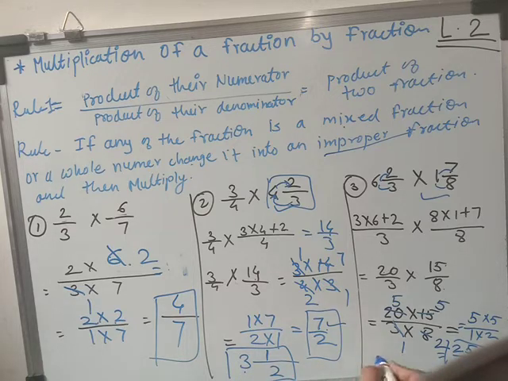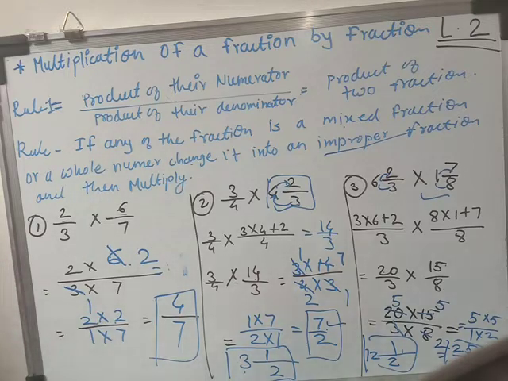Again same thing we have to follow. Okay, so here 2 12s are 24 and plus 1, 25. So here we have converted this fraction into, you can just do the division, divide the 25 by the 2, here also divide the 7 by 2, you will get the same answer. Okay, so here we have seen how to do the multiplication of fraction by fraction.